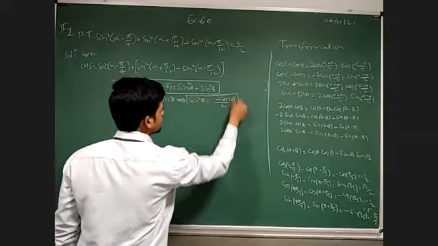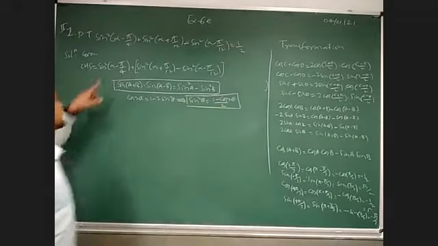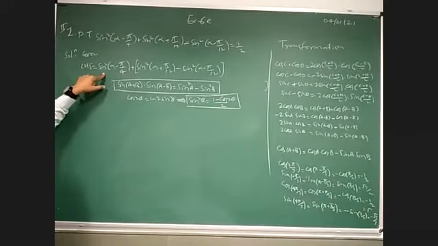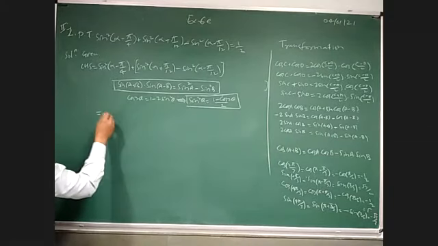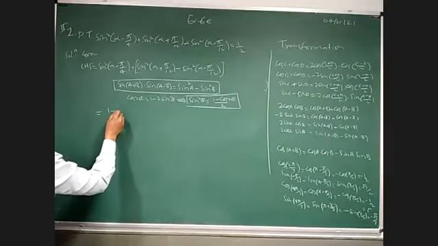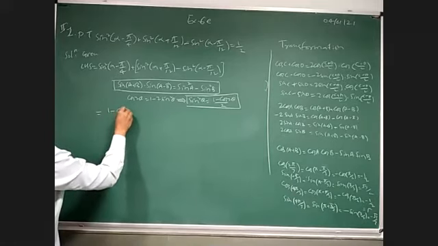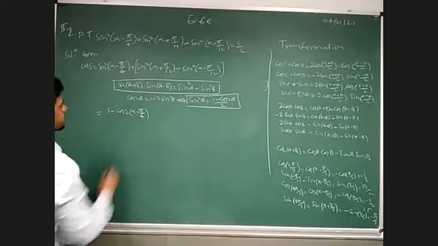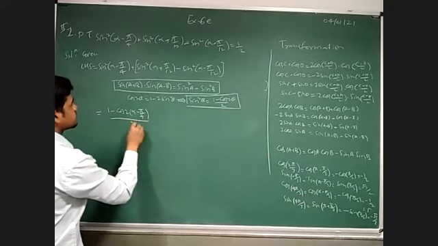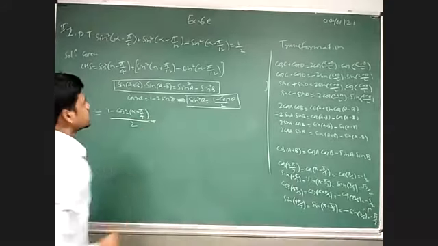This formula also we are going to use here. So here it will be (1 − cos 2(α − π/4))/2 plus